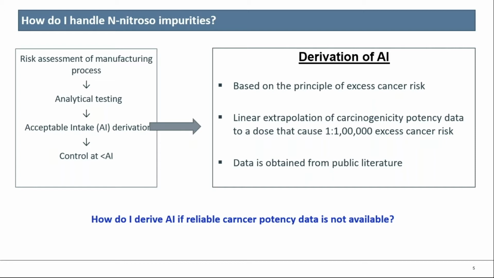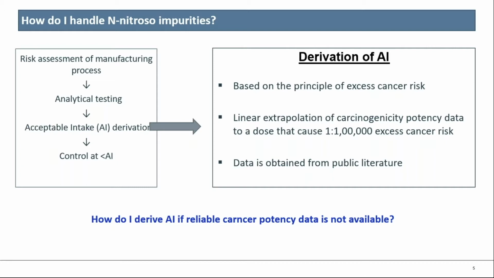It starts with performing a risk assessment of their manufacturing process. And every manufacturer, drug manufacturer, is supposed to complete this risk assessment by end of this year, that's December 2020. And when the risk assessment identifies that there is a risk of formation of nitrosamine, this is supposed to be confirmed by way of analytical testing. And if nitrosamines are found to be present,